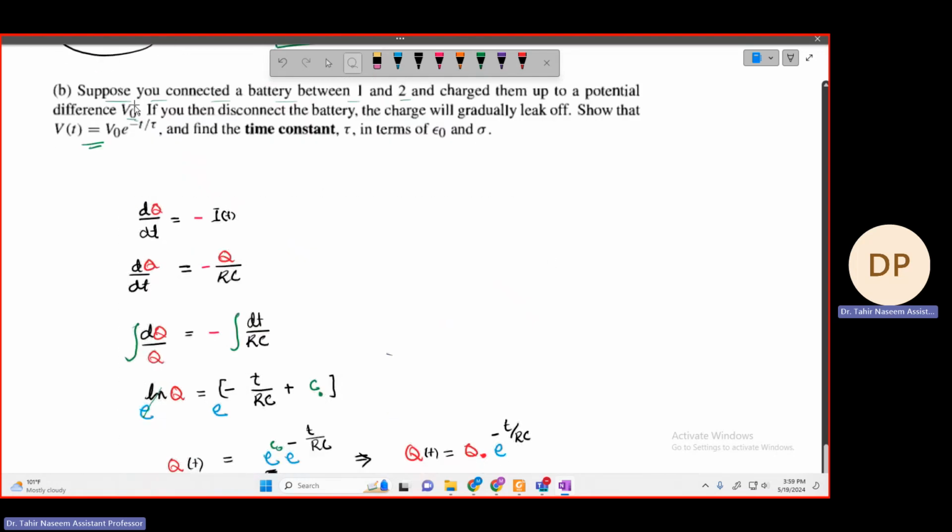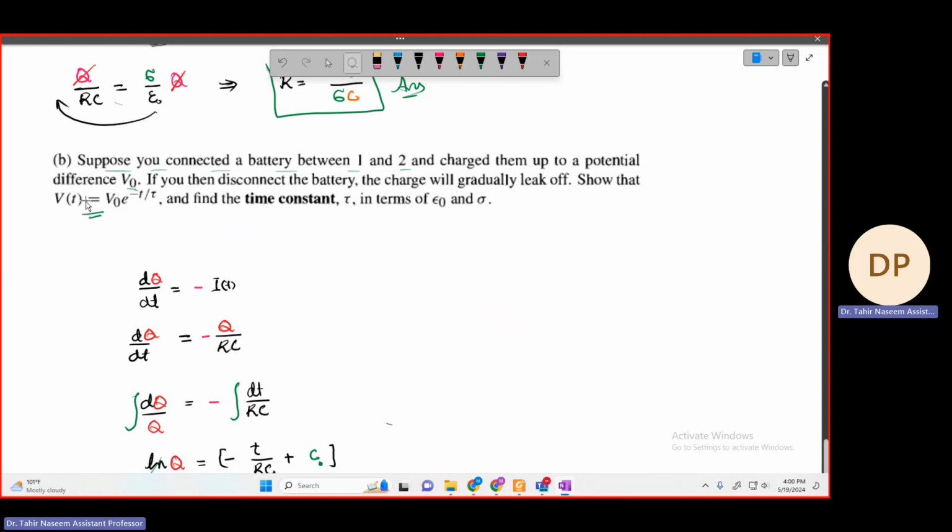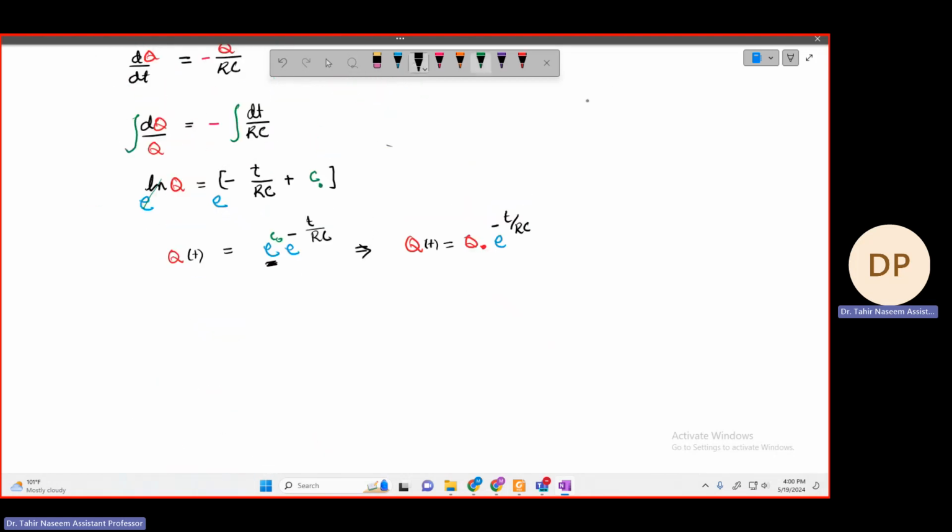तो अगर आप इसको मैं कॉपी कर लूँ, व्हाई इज दैट, बिकॉज इसमें भी अगर आप देखो कि आपने जो सपोज यू कनेक्टेड है बैटरी, आपने ये बैटरी कनेक्ट किया और चार्ज कर दिया है कैपेसिटर को, ठीक है। अब आपने बैटरी हटा ली है और चार्ज कम होना शुरू हो गया है, तो ये लिखा हुआ है रेट ऑफ चेंज ऑफ चार्ज इज नेगेटिव, राइट, विच इज इक्वल टू करंट। तो ये चार्ज कम शुरू हो गया, तो फिर हम वही इक्वेशन सॉल्व कर देंगे। तो क्वेश्चन ये है कि हमने तो v फाइंड करना था, ये q है, तो हम q इज इक्वल टू सी वी से फाइंड कर सकते हैं ना, और मुझे v फाइंड करना है ना, तो v इज इक्वल टू q बाई सी होगा, राइट। तो इसका मतलब मैं दोनों तरफ इसको अगर कैपेसिटेंस से डिवाइड कर दूं तो ये पोटेंशियल बन जाएगा।